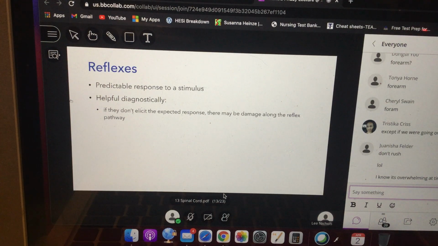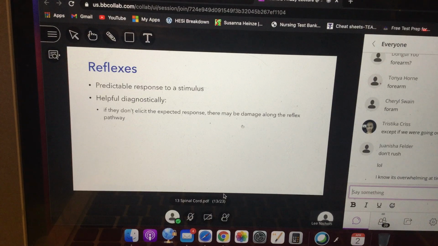One of the key parts about why reflexes are helpful diagnostically is the predictable part. They're helpful diagnostically because if they don't give us the predicted or expected response, that may indicate that there's some kind of damage along the reflex pathway. And that's why it's important